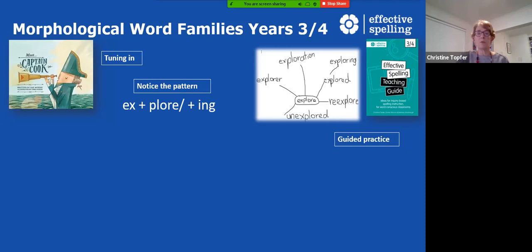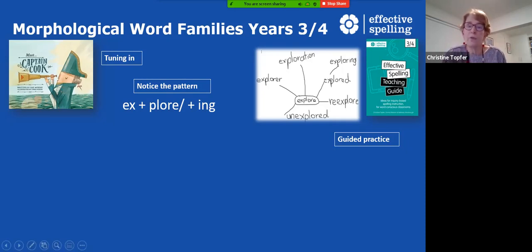So when you're looking at a morphological word family, you have a hypothesis that this may be a base, the PLORE. So then you think, well, are there other words where EX acts as a prefix, and you think about it, and children will come up with examples. If you can find 2 other examples, then we go, now we've got a possibility that this could be working as a prefix. And so it's actually the hypothesis and then the exploration that is so valuable in the learning